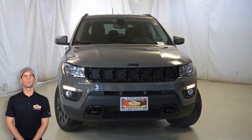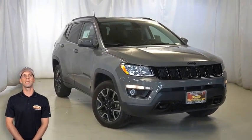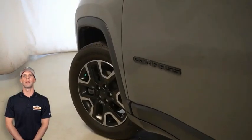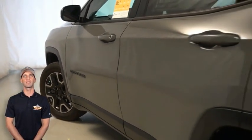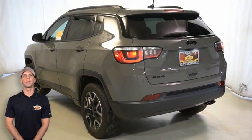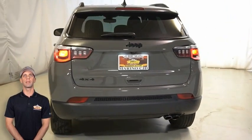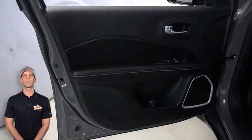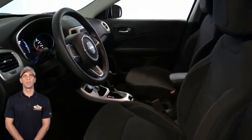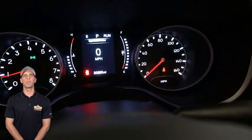Looking for a highly equipped compact SUV with all the right options and reliability? We'll take a look at this certified pre-owned 2019 Jeep Compass Sport in Stingray with daytime running headlamp system, fog and cornering lamps, 17-inch aluminum wheels, black side roof rails, power heated mirrors, gloss black lower rear valance, manual 6-way driver and passenger seats, steering wheel mounted controls, 20,000 miles on the odometer, a Uconnect 4 with 7-inch display, rear